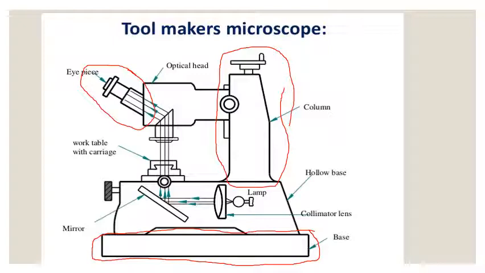Further, over this hollow base there is one more hollow base. Here we can see in this hollow base a lamp which is illuminated, which is connected to a collimating lens. Always, in any kind of microscope, we expect a monochromatic light source. That's why we generally go for a collimating lens which filters the other kinds of wavelengths, and only a single wavelength of light is emitted out, and the rays are expected to be monochromatic in nature.